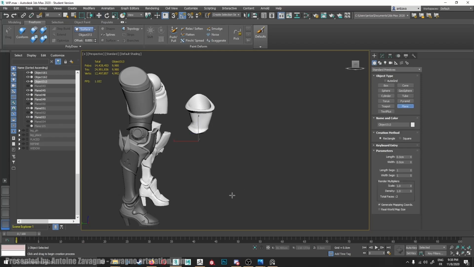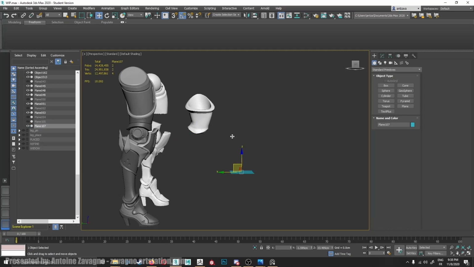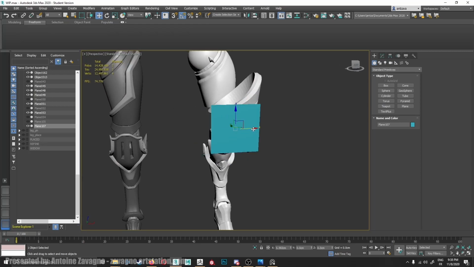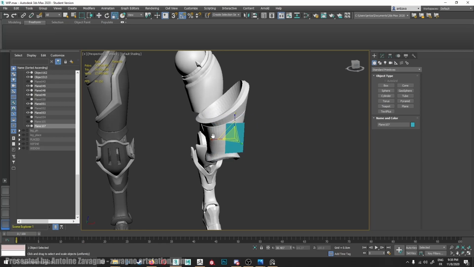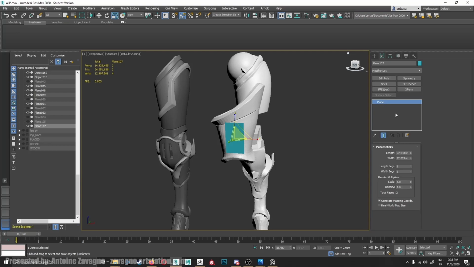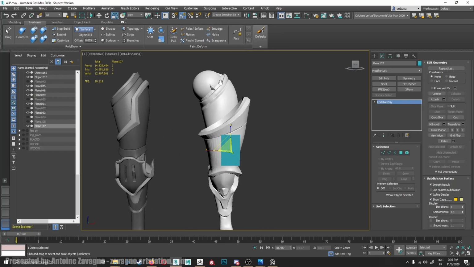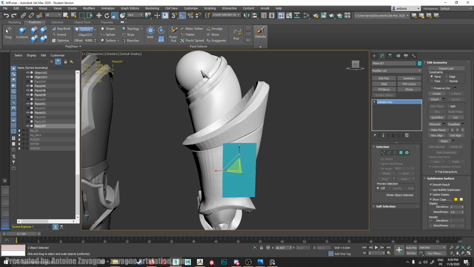Then I create a plane. Just put it in place, scale it a bit. So I add an edit poly on top. And what I use is the freeform tab, which is normally what you would use to retopo. It's kind of what I do here. So I use draw on surface. I pick my object. I add some offset, like 0.05. And what I do is then I just use the extend button